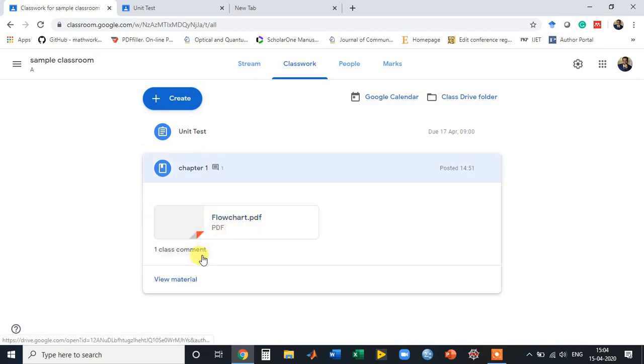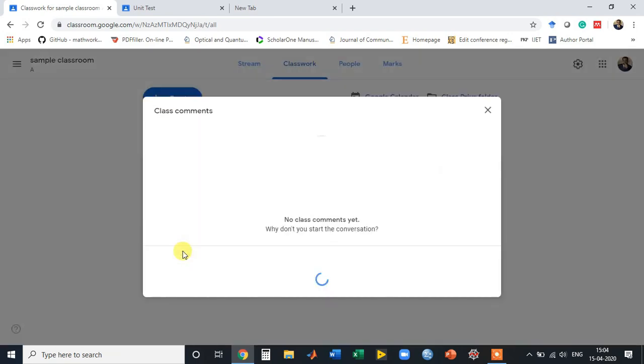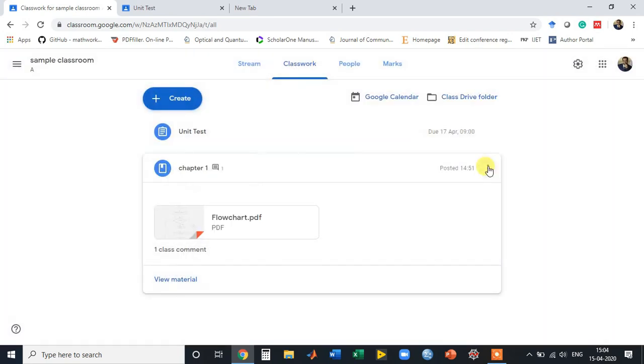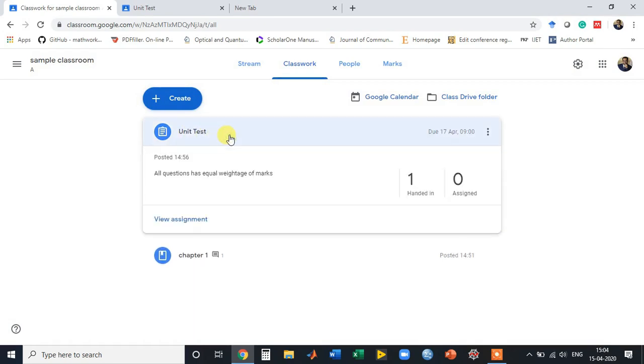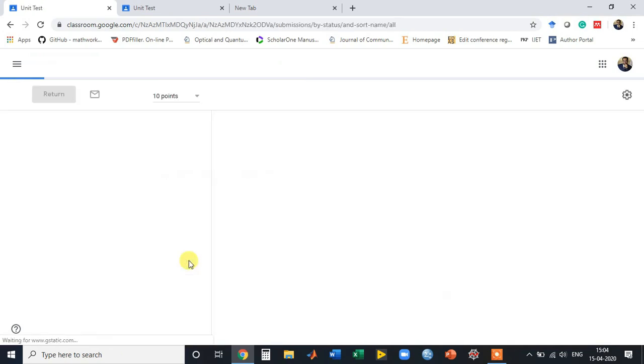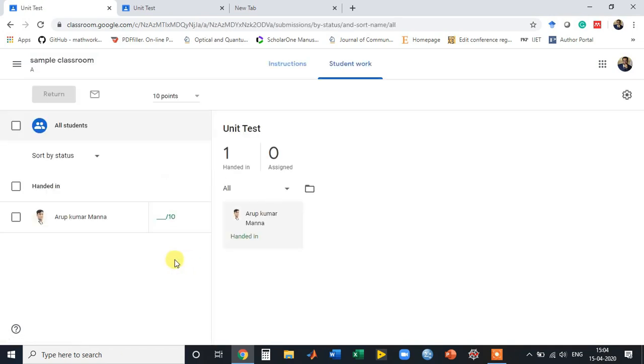One class comment has come, so I can select it and see the comment that the student has asked in the material. Similarly, I can go to this unit test, go to view assignment, and see the attachments that the student has already submitted. It shows me 2 attachments.